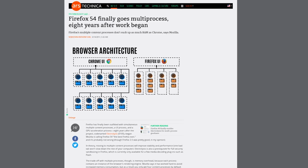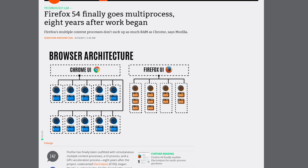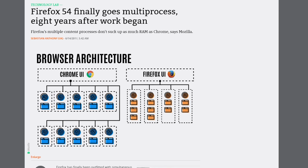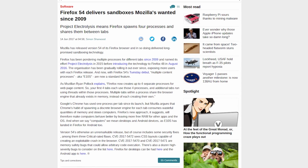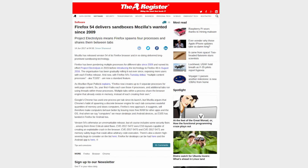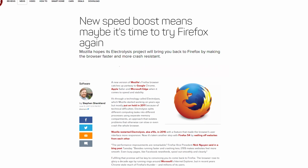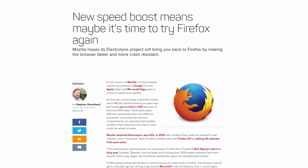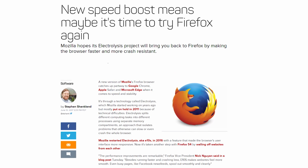And Firefox has unveiled Firefox 54, going multi-process across all tabs. This has been the goal of a project begun 8 years ago, codenamed electrolysis. Multiple process tech means that one tab running heavy complex websites will have less of an impact on other open tabs. Chrome and Safari have been able to do this for a while, but Firefox only got a 64-bit Windows version in 2015. Firefox claims that this new version will run better on computers with limited memory than Chrome is